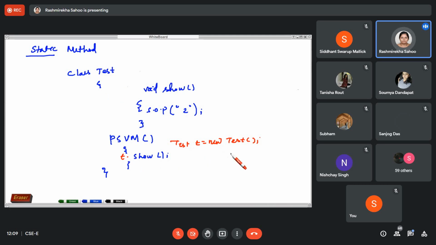With the object also you can call it, but the main feature is that you can call it with its class name. If it is not static, omit that static word and write void show, then test.show.